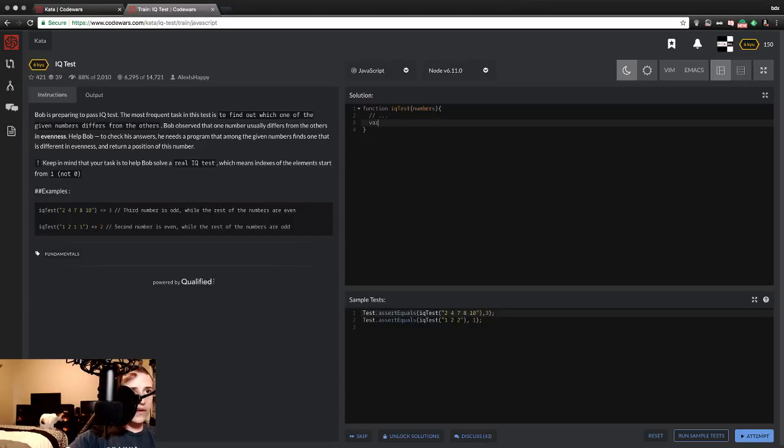From the top, variable numbers, copy. Num array, yeah, good times, equals numbers dot split. I almost want to grab our code from yesterday yet again, because it's so similar, but it's probably good that we are typing it out. We're getting very familiar with this particular